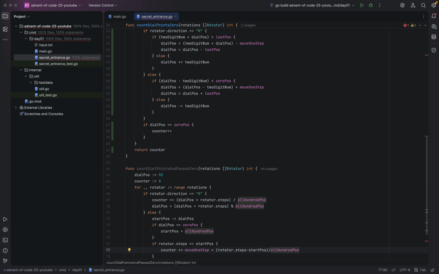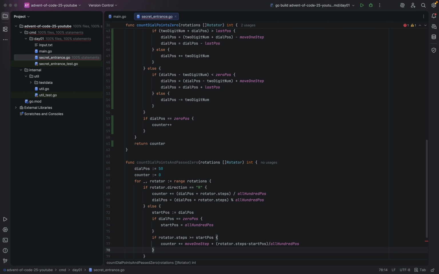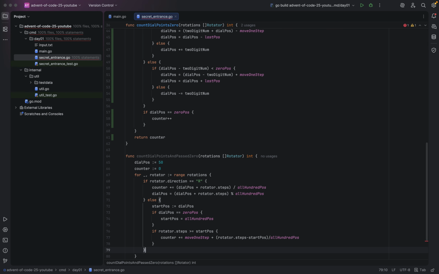Now, as you can see, it gets more mathematical. That's the thing with this challenge: most of these kinds of challenges, the mathematical solution is the best. But nonetheless,